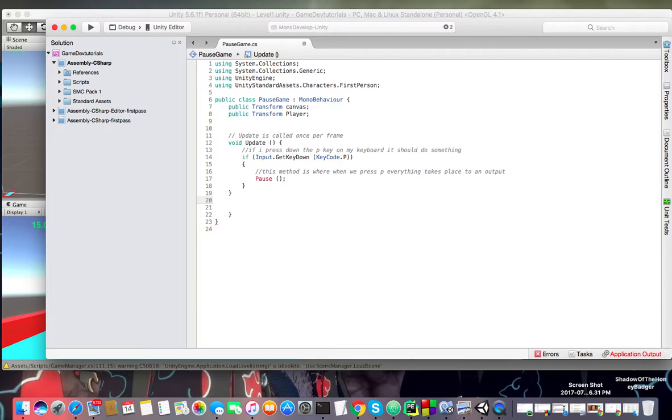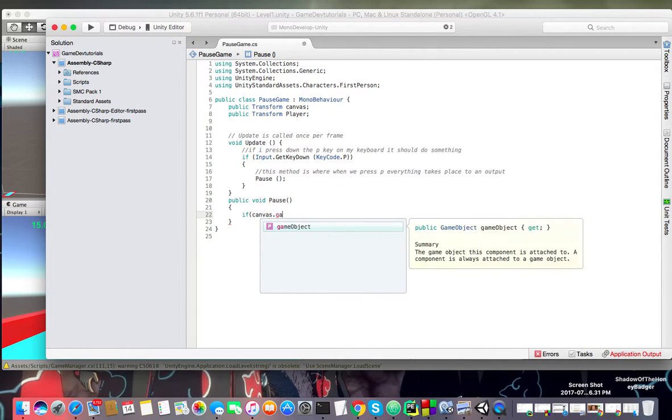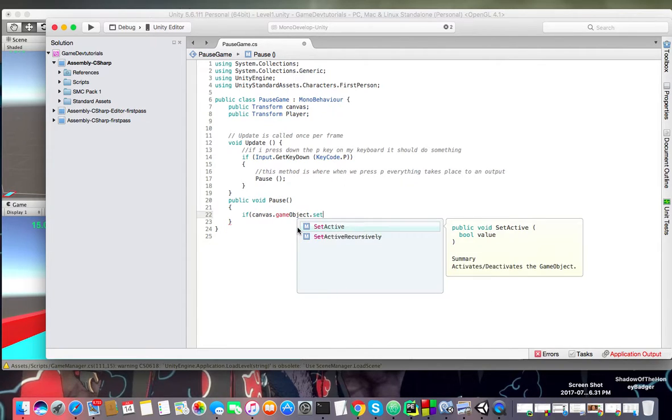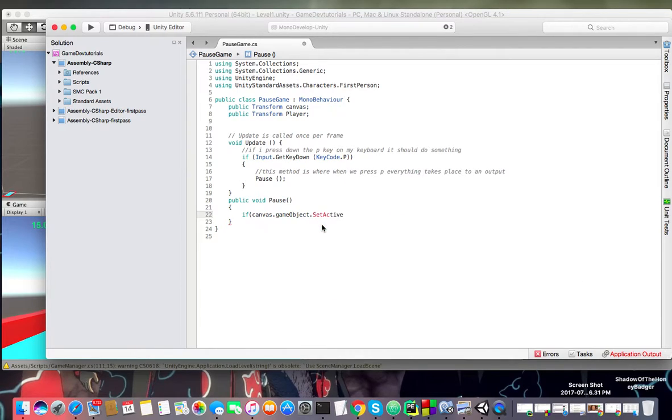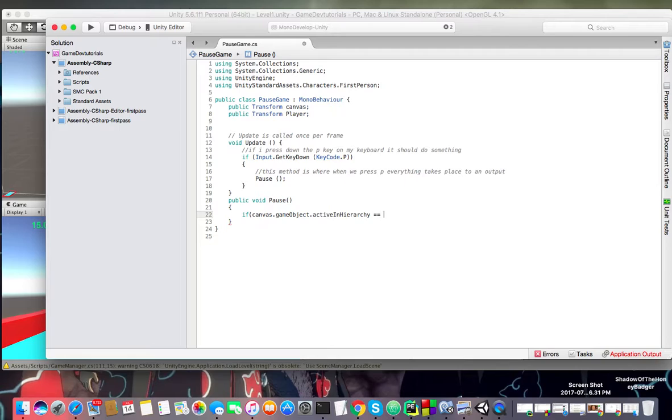Now I'm just going to create a public method: public void pause. And now I'm going to add another conditional statement. I'm going to say if canvas.gameObject.SetActive, ignore that. If canvas.gameObject.activeInHierarchy equals false,